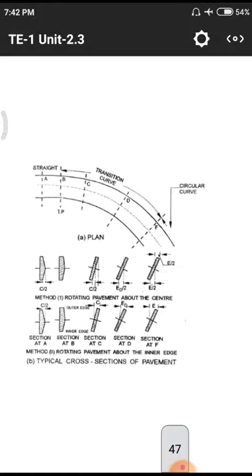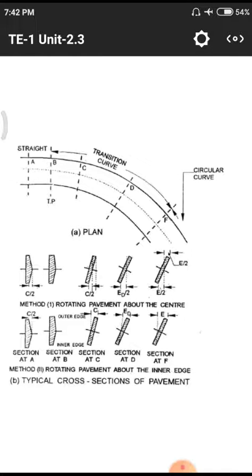In the first one we have different cross sections, such that normally we have a transition curve between C and D mainly. Up to point A and point B we have a straight line. After B we have the transition curve from B to D. After D we normally have point F, and from F onwards we have a straight road pattern. At the different cross-sectional levels, the elevation we have to maintain is given in the diagrams below, so we have to understand those very clearly.